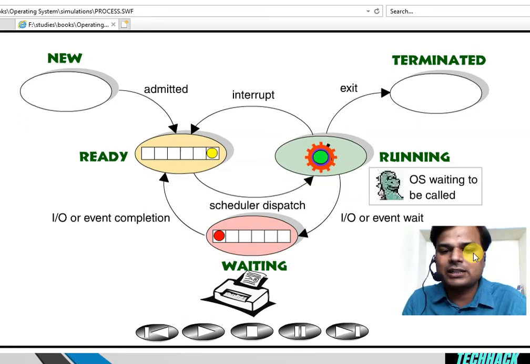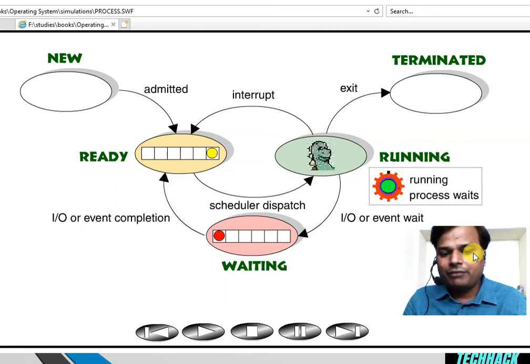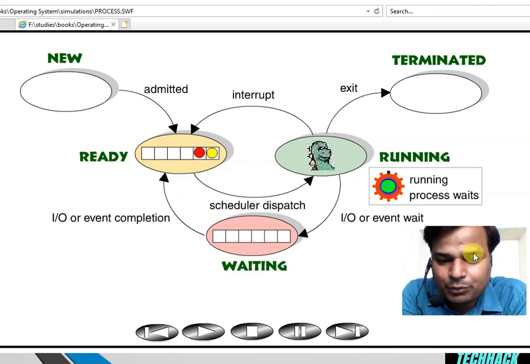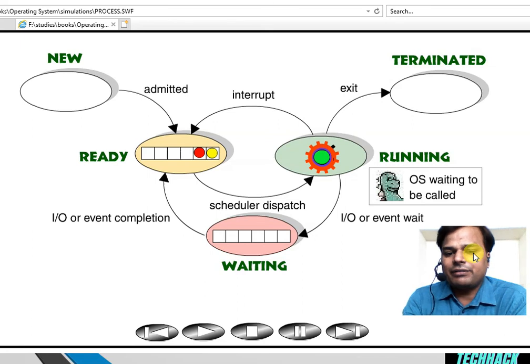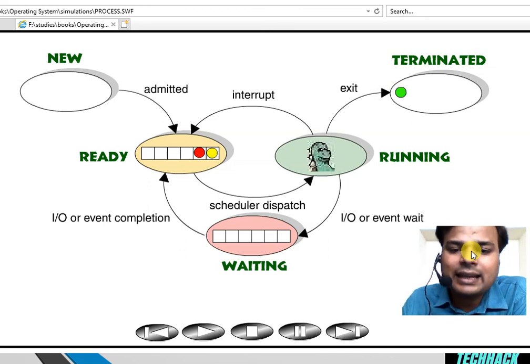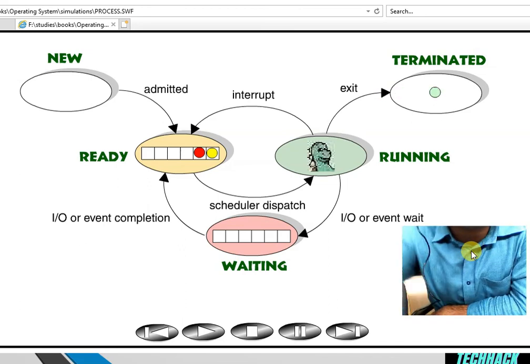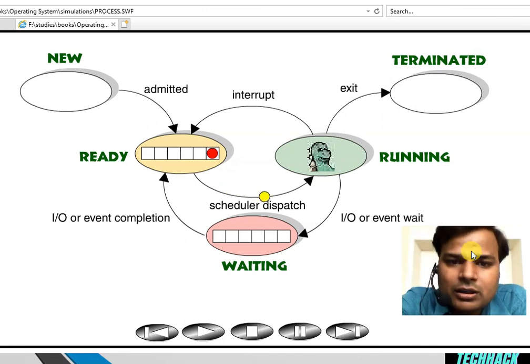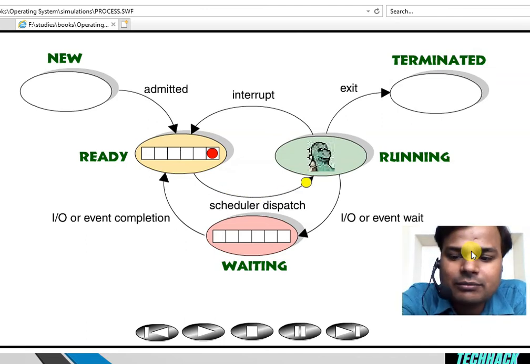Green is being dispatched to the CPU in between. Whenever the task is completed in the waiting queue, it will again be moved to the ready state. Now our green process is working with the CPU. Whenever it is done with the CPU, it will move to the terminated state. It will exit the system. Right now it is doing that, and then yellow will start working, and then green will start working over there. So in this way our system works.